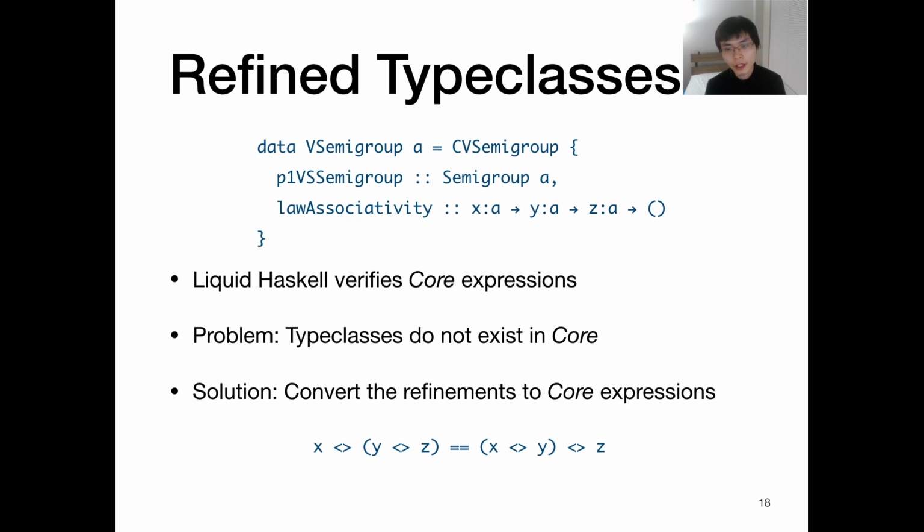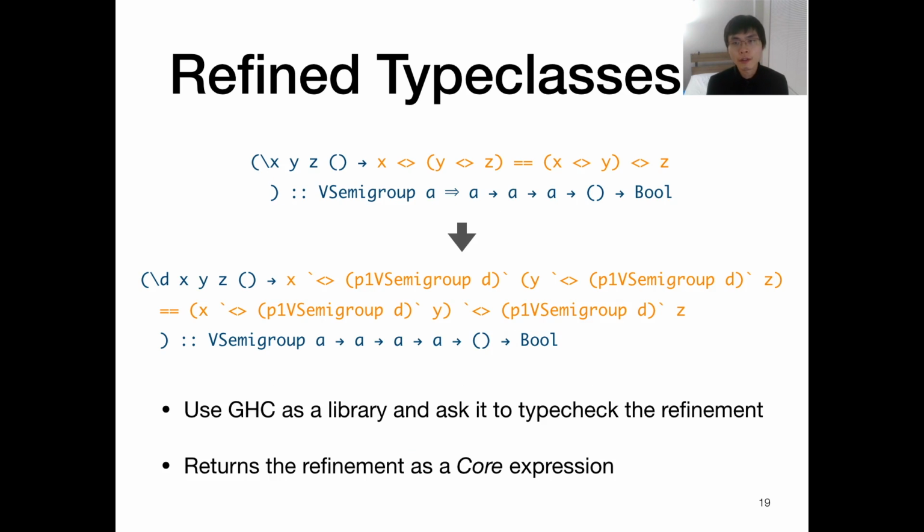At the bottom, we have the refinement for associativity, but we can't just attach it directly to the data type because it is missing the explicit dictionary arguments. Our solution is to convert the refinements to core expressions. We take the user-provided class refinement, then ask GHC to type check the expression. During type checking, the expression will undergo a process called elaboration,